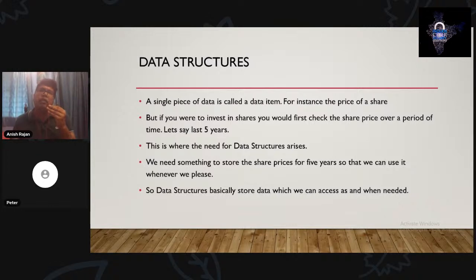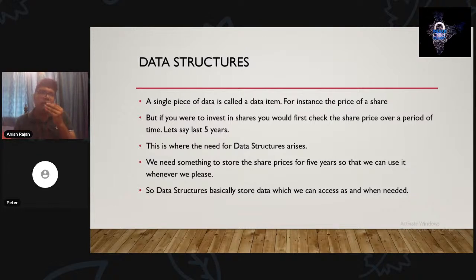Now, why would we need a data structure? Why do we need data structures? For example, I'm going to invest in shares. I open my computer and check the website, and I see that the share price today is 45 rupees.